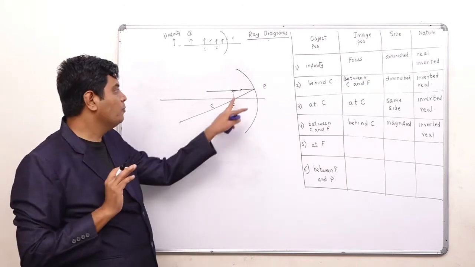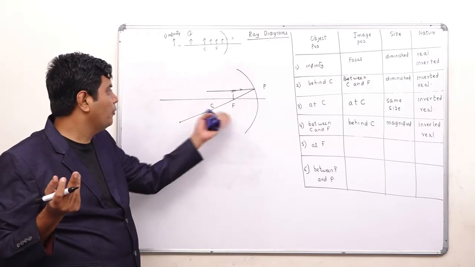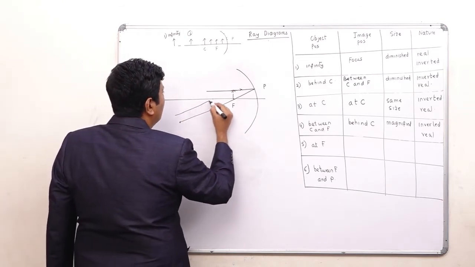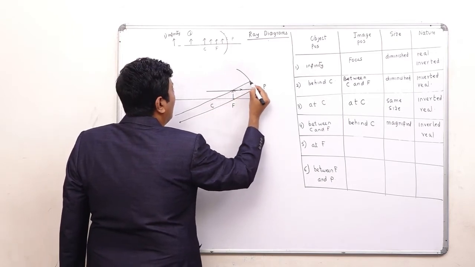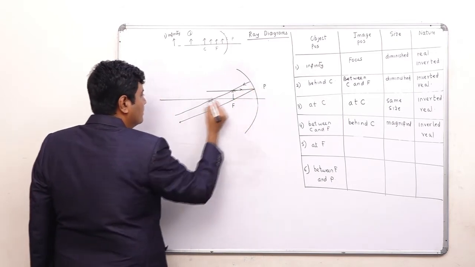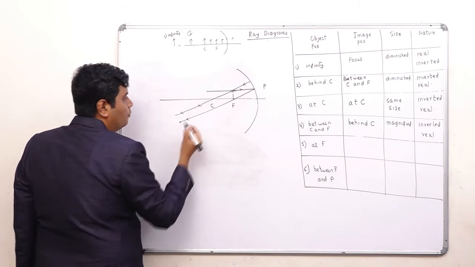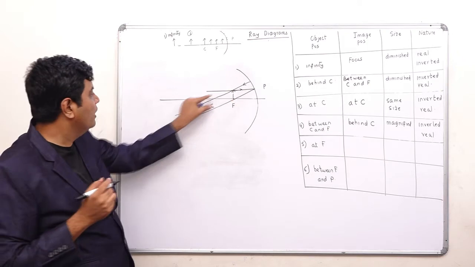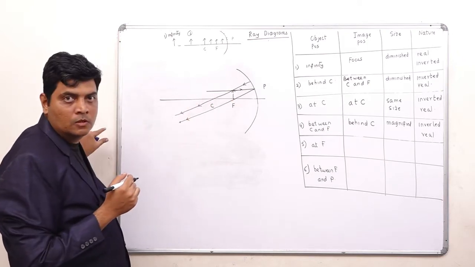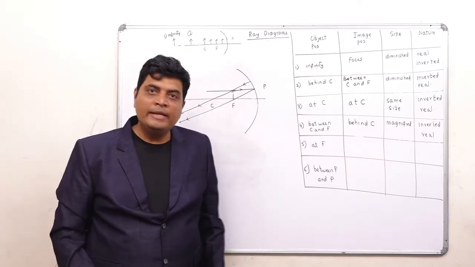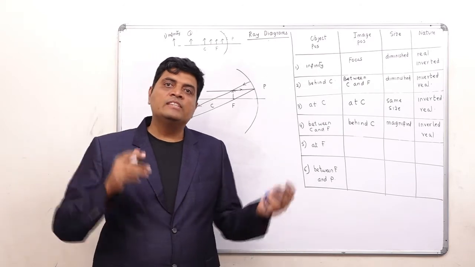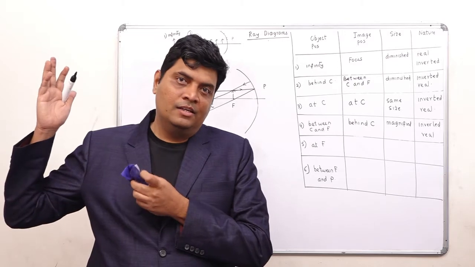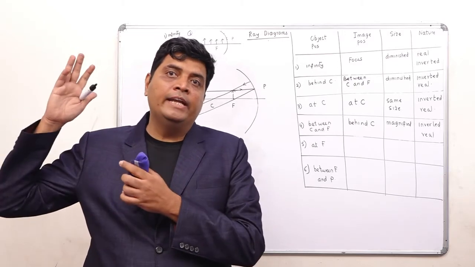And second, I want to pass through one important point. The important point is C. So I will bring a ray from C and it will come back along the same path. So these are two parallel lines. Now you have both the reflected rays as parallel lines. Parallel lines will never meet. So the rays which never meet, we assume that they meet at infinity.